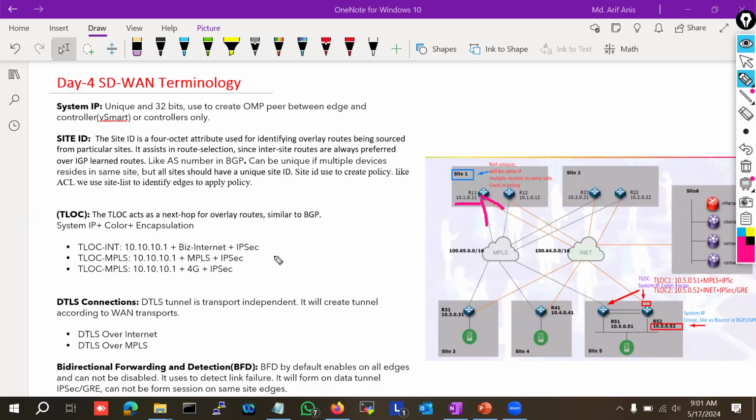So internet, let's say internet link, but the system IP would be the same, right? So 10.10.10.1, the color would be internet, and the encapsulation would be IPsec, right? Again, for the tloc MPLS, we have the system IP same 10.10.10.1, and the color would be MPLS, and